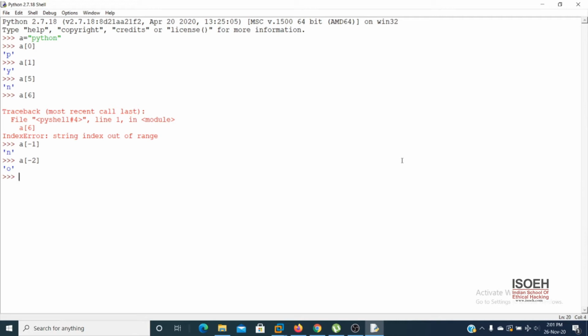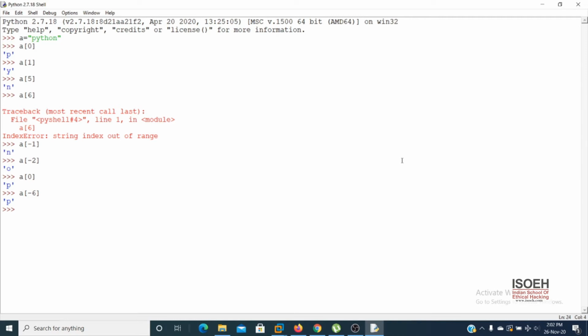So indexing is nothing but a simple position. I can access the p using a of 0 and using a of -6, because you can use the forward indexing a of 0, or otherwise the backward indexing a of -6. It is also p. Same like that, I can access the n using a of 5 and a of -1.